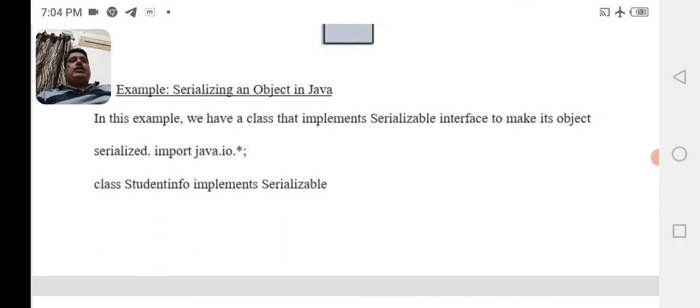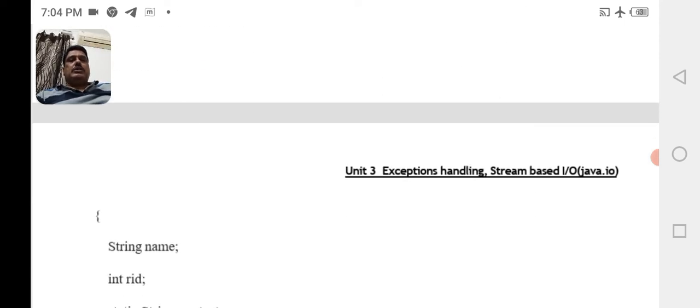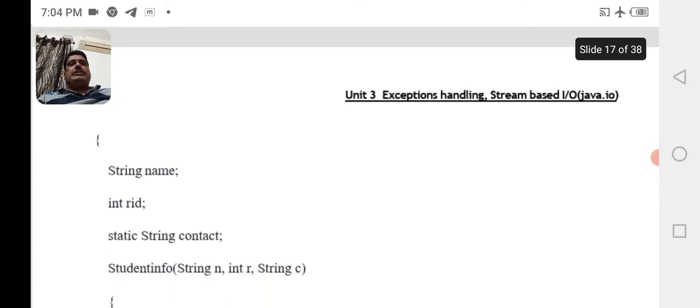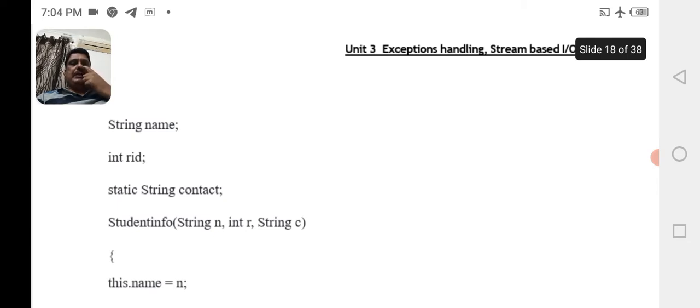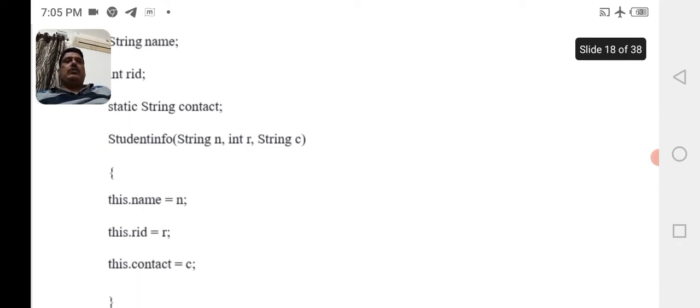So import java.io.*; class StudentInfo implements Serializable { String name; Integer rid; static String contact; StudentInfo(String n, Integer r, String c) { this.name = n; this.rid = r; this.contact = c;